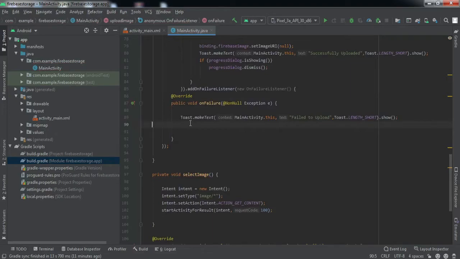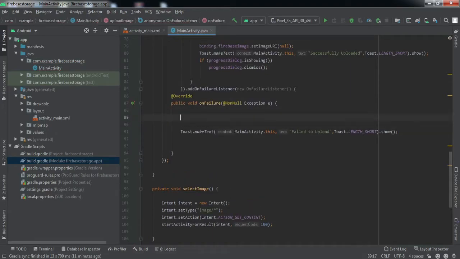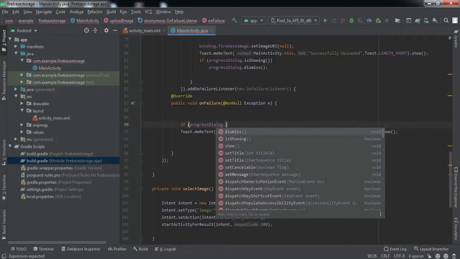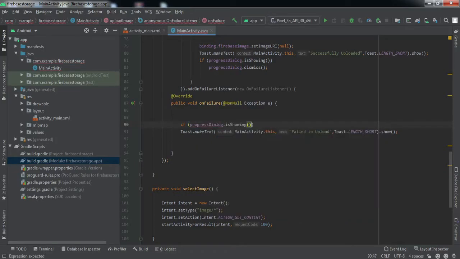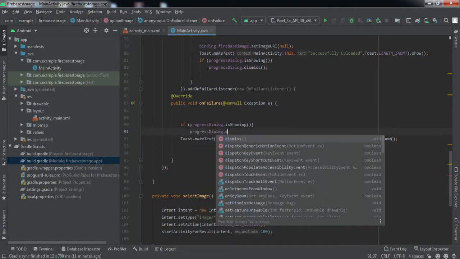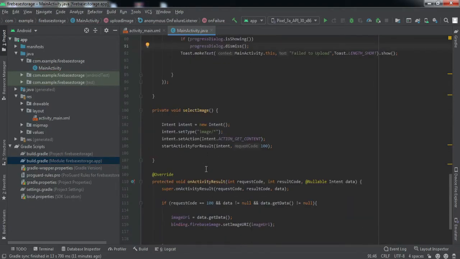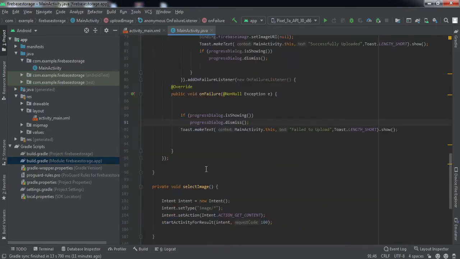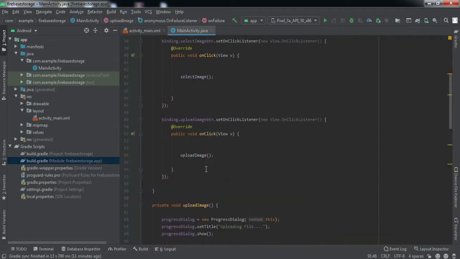And also if there is any failure, then also we want to make sure that the dialog should be dismissed, right? So I guess we are pretty much done with everything.